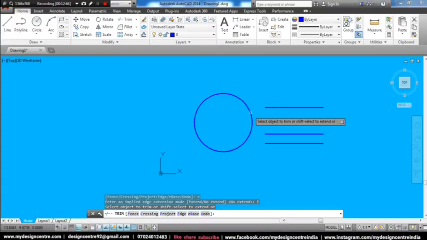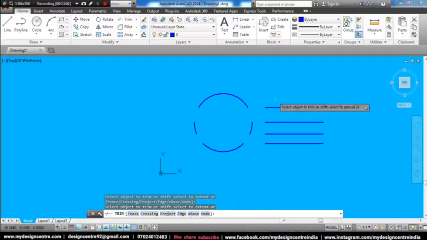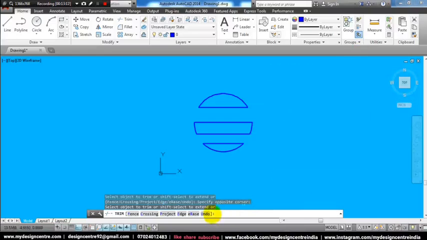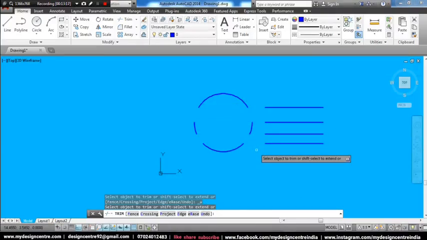Now if you click on this, it will trim. If you click on this, it means it assumes that this line is extended up to the next boundary. So this is like this. This is one of the most important. Now you can click and hold the shift key to extend this up to the next boundary like this. Now you let go of the shift key. Now click over here. We can also trim an object which is not even in contact with the object by using the edge extend mode option.